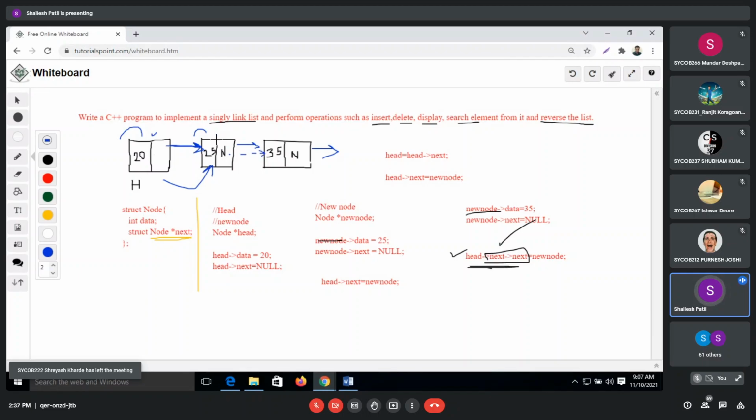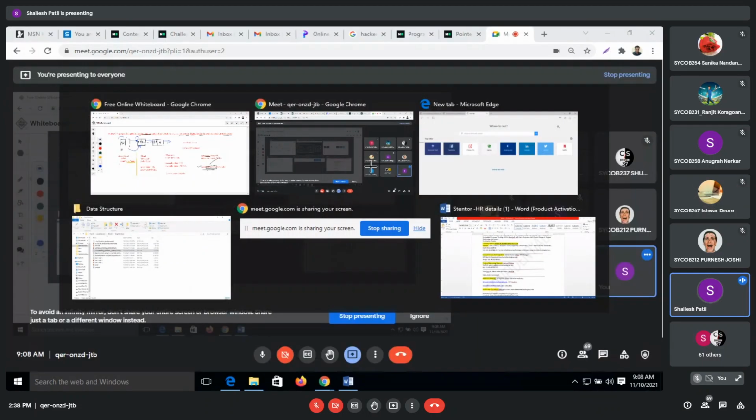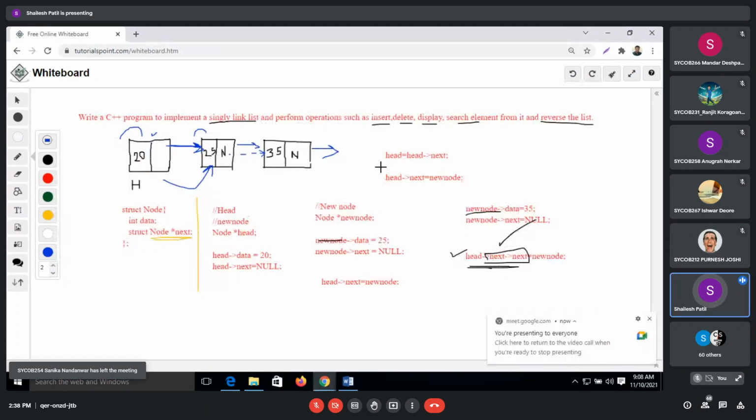Okay, we'll just go on moving. Once we reach any empty node, then we'll connect the new box over here. So this much is clear. Yes, sir. Does everyone understand? Because this is something logical. Yes, sir. Okay, so for that purpose I am taking it.